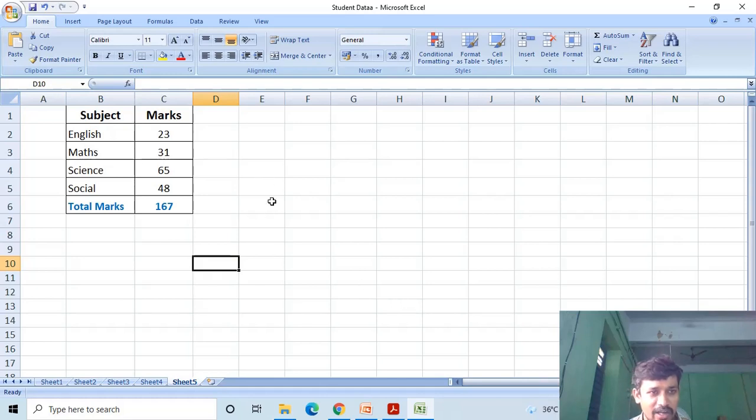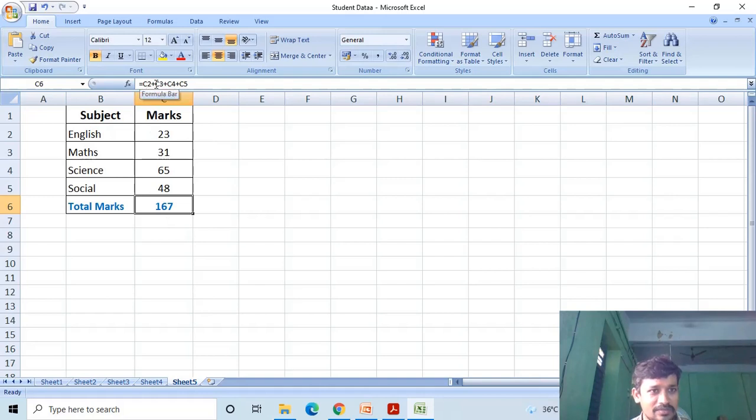In this Excel file, Sheet5 contains the student subject names and marks table. I want to write the total marks formula. Here I wrote the formula beginning with the equal sign, which indicates it is a formula.